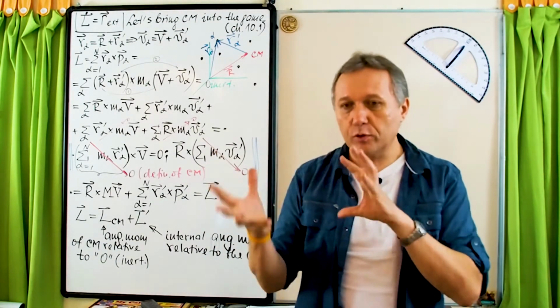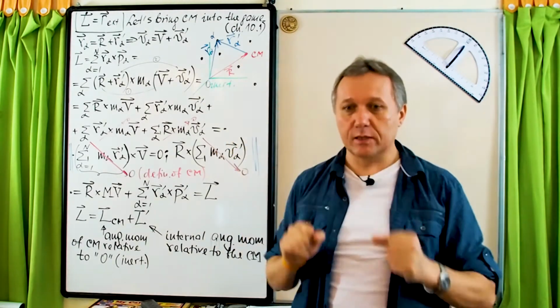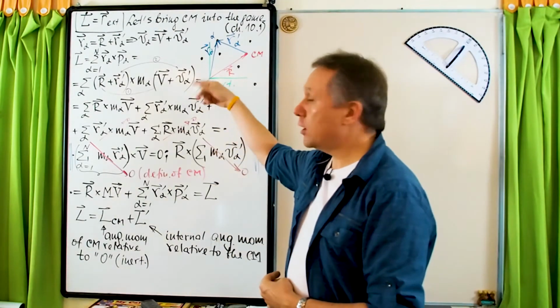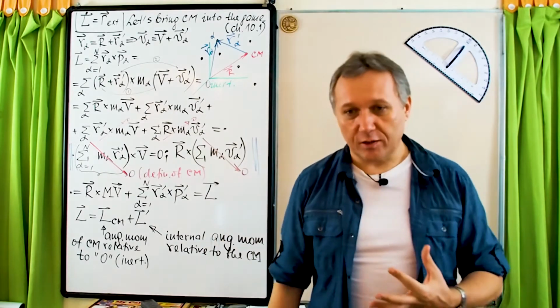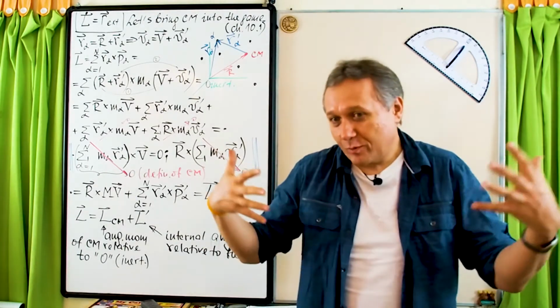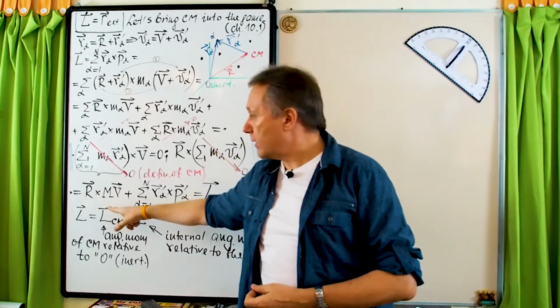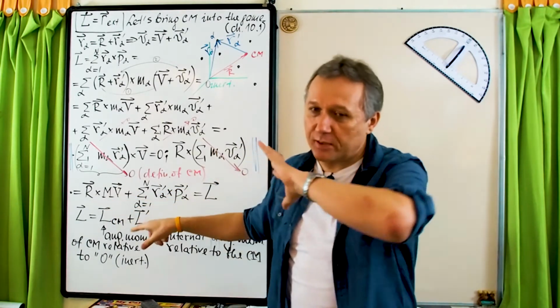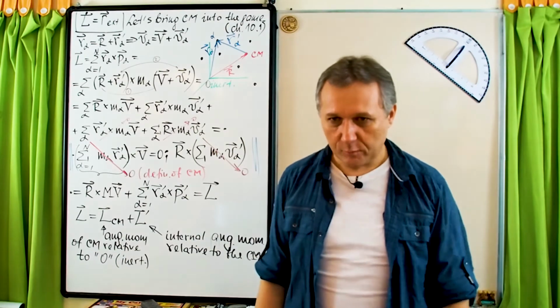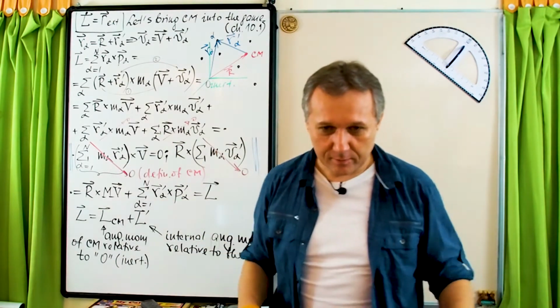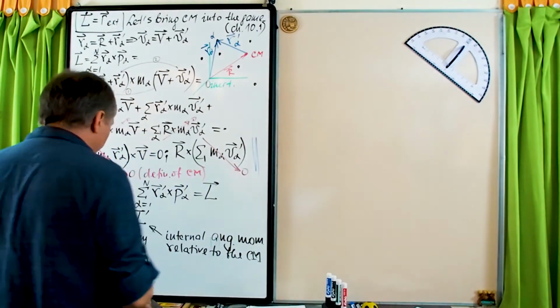But we assume that we're not changing the system. We have a system, it's given, we want to describe it. And of course, to describe it, we can change the origin. And once you start changing the position of the origin, trying to get something better, you can change only this term. This term will just completely ignore all your efforts. You can do whatever you feel like doing. That's my internal business, right? Okay, so then,